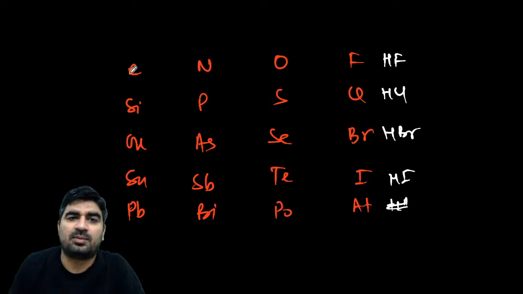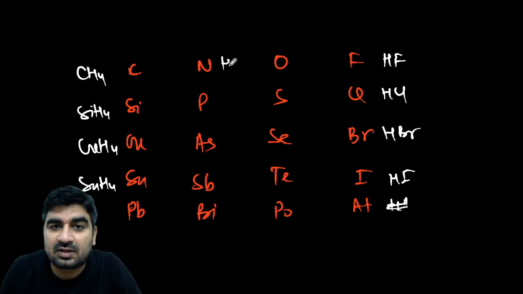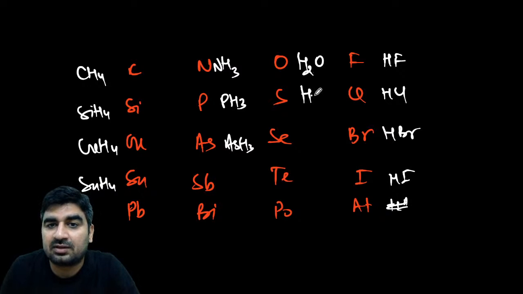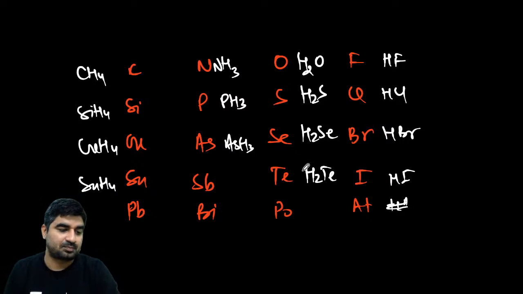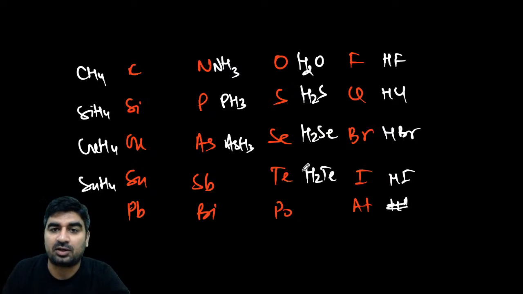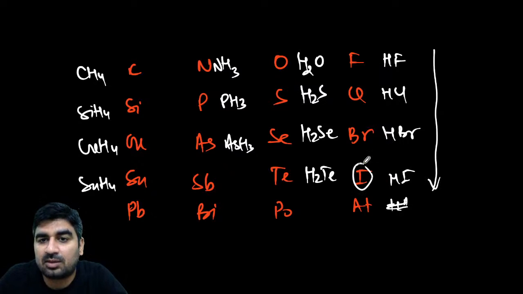We do not talk about it. CH4, SiH4, and similarly SnH4. Then this is NH3, this is PH3, AsH3. In this case, I'm getting H2O. In this case, I'm getting H2S, H2Se, H2Te. I hope guys now you got it. Got it? So just observe, as we move downward, the molar mass increases